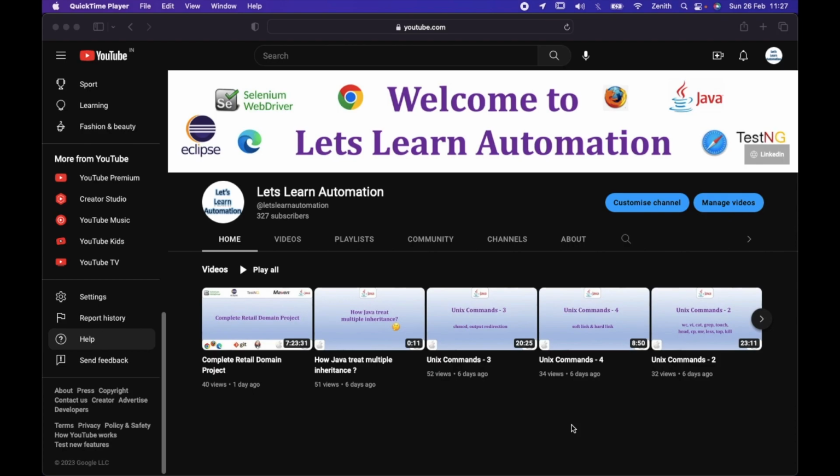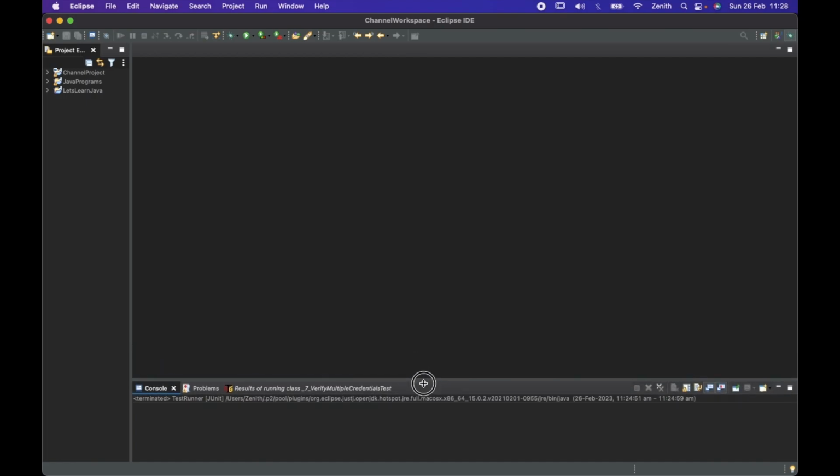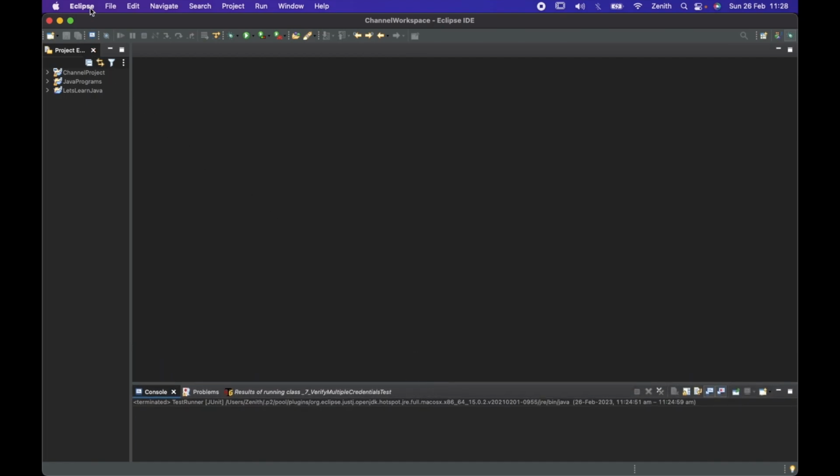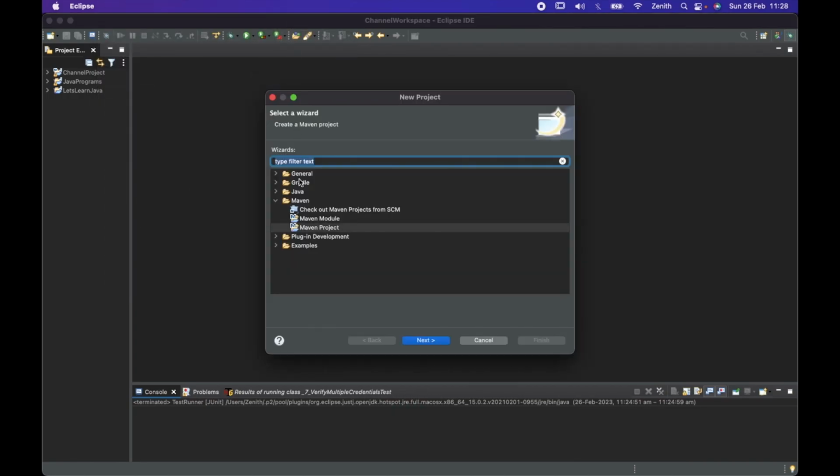And today in this session, we are going to see how to use the BDD framework or Cucumber framework with a simple test case. So for that, we will just switch to our Eclipse. And here, first of all, we'll try to create the project. So here, I will create a new project of type Maven. I will select the Maven project, click on Next,